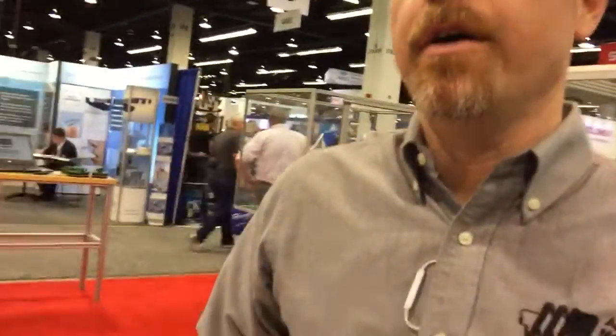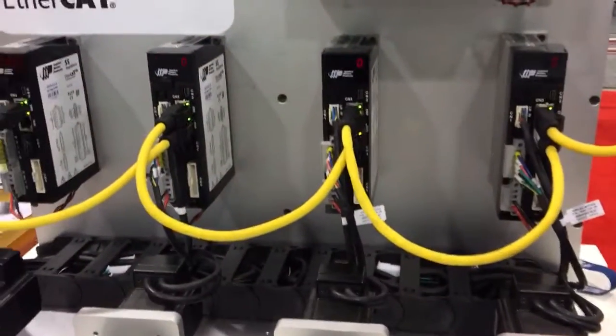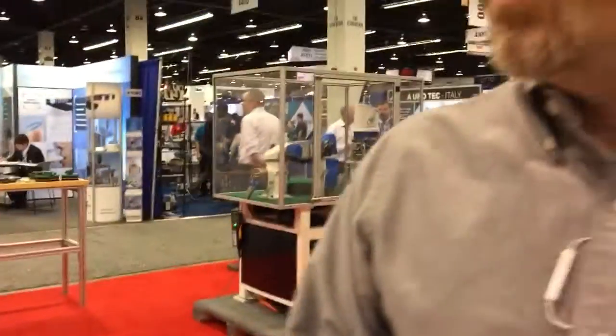Okay, so here at ATX West, we're talking a little bit about industrial Ethernet. Industrial Ethernet continues to drive a lot of the product development decisions that we make at Applied Motion. Right now, we are set to launch this year new add-on instructions for EthernetIP. This will be a great improvement over our existing add-on instructions and will really help support our compatibility with Rockwell